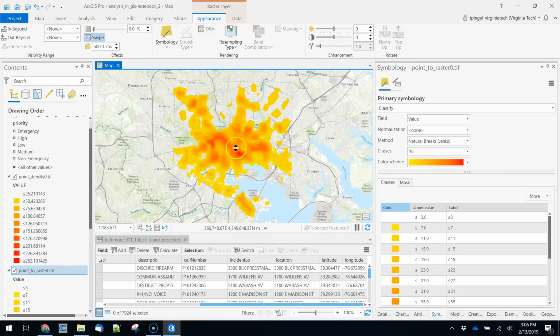There we go. Very, very similar pattern with a little bit of extra detail in the point density. Okay, now I would encourage you to play with